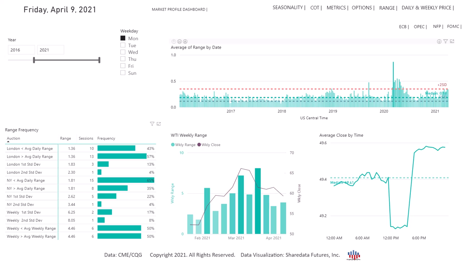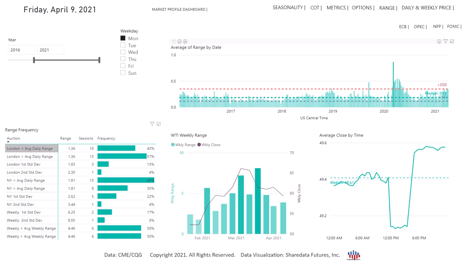On the bottom left, we have the range frequency table. This is providing information regarding the London and New York and weekly average range amplitudes, their first and second standard deviation amplitudes. In addition to that, it shows you on a rolling monthly basis, in the case of London and New York, how many of the sessions have exceeded these amplitudes,